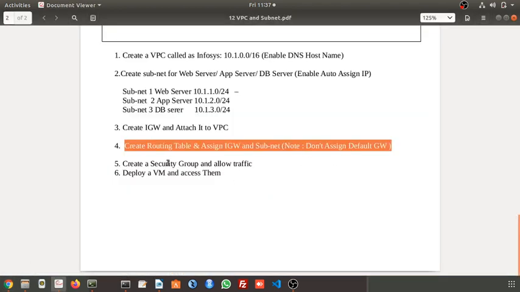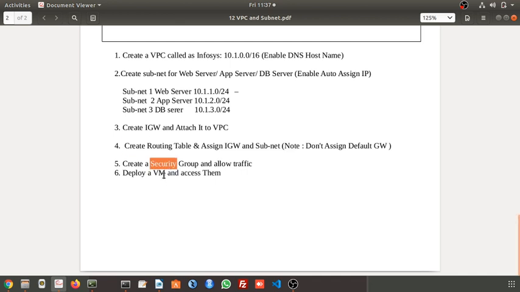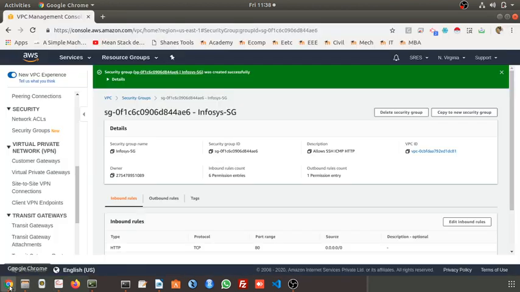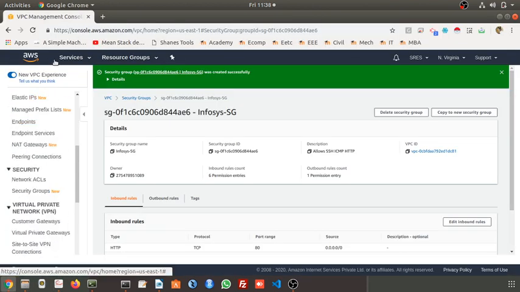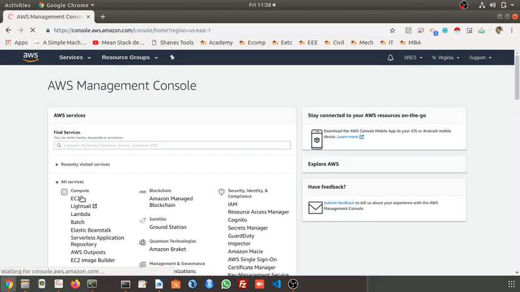This is done. Now we have to deploy these VMs and we have to access them. Let us create these 3 VMs and put them in 3 different subnets. Where to go? Go to AWS, go to EC2.